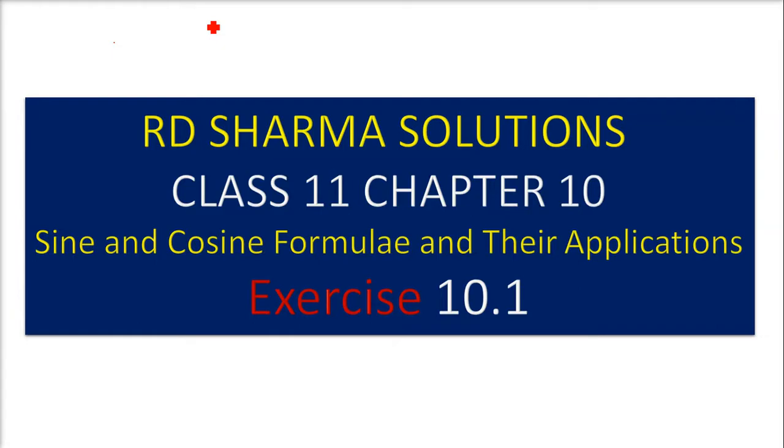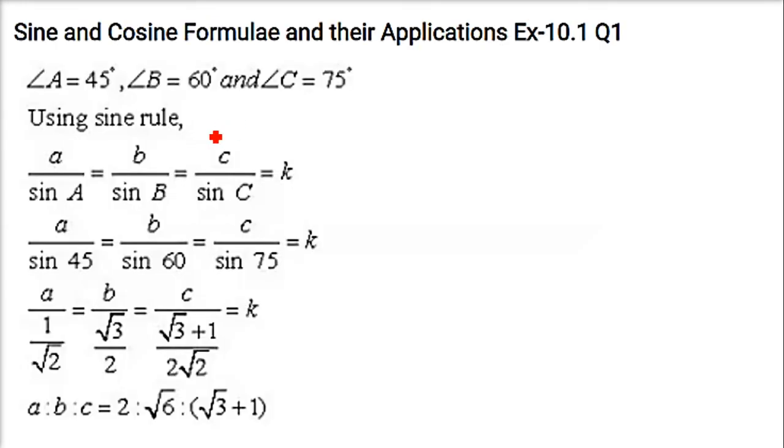Taking R.D. Sharma Solutions, Class 11th, Chapter 10, Sine and Cosine Formula and their applications, and exercise is 10.1. Here angle A, angle B and angle C is given. So we have to find out the ratio of the sides. So we know the sine rule, a by sine A, b by sine B, c by sine C equal to